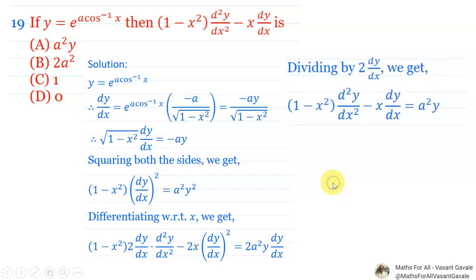Okay, the next dividing the whole expression on both sides by 2 into dy by dx, and then you will get here in bracket 1 minus x square into d2y by dx square minus x times dy by dx is equals to a square y, and that's nothing but the option A हा या ठिकाणी कसा आहे तर तो करेक्ट आहे. आपल्याला तीच व्हॅल्यू फाइंड आउट करायची होती. नेक्स्ट एक्झाम्पल,